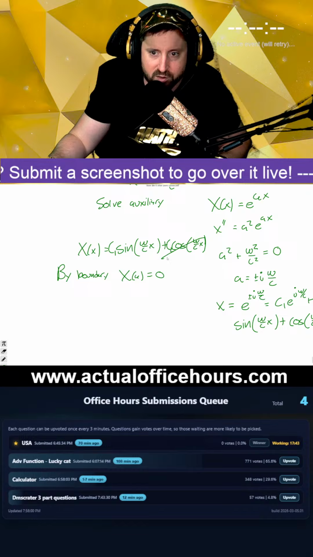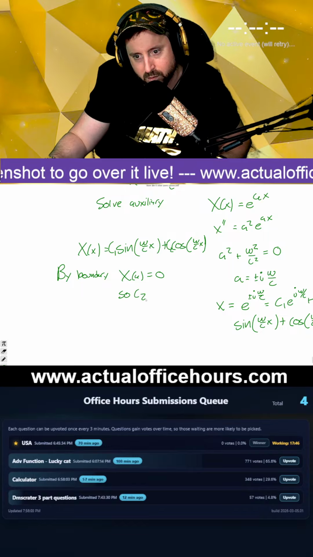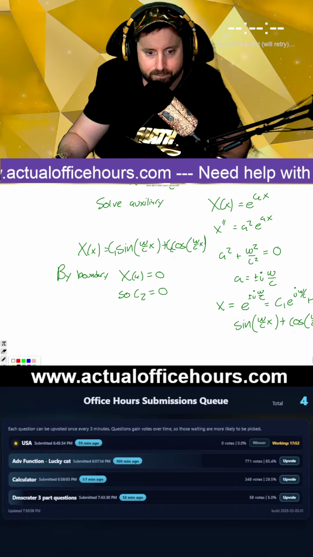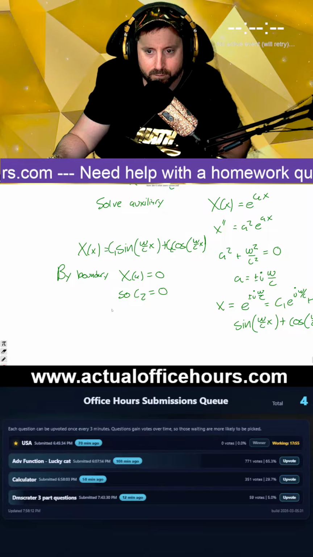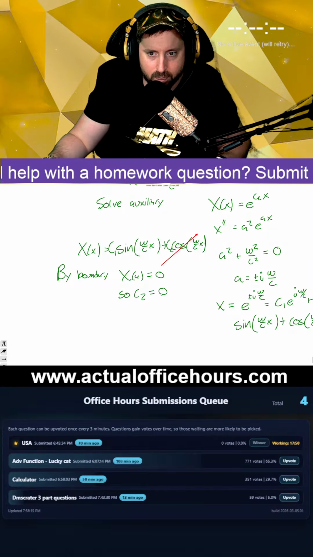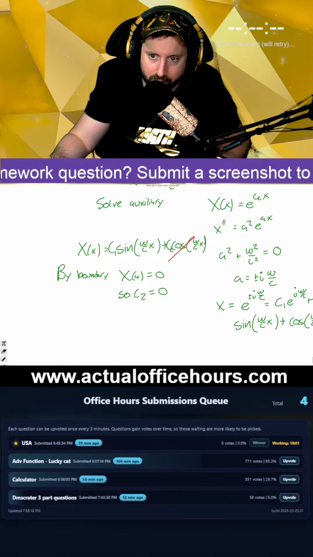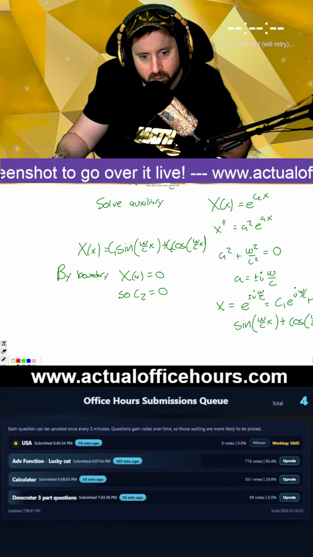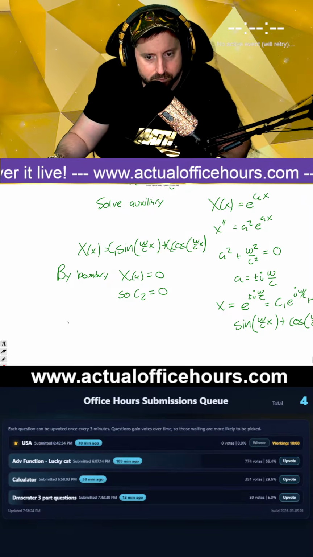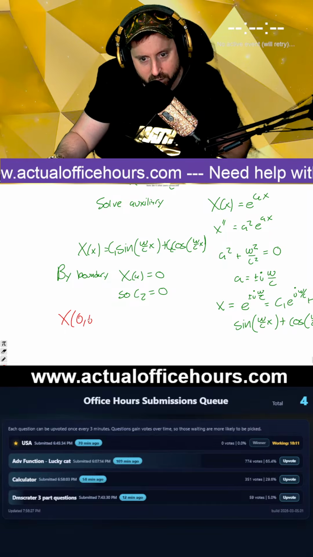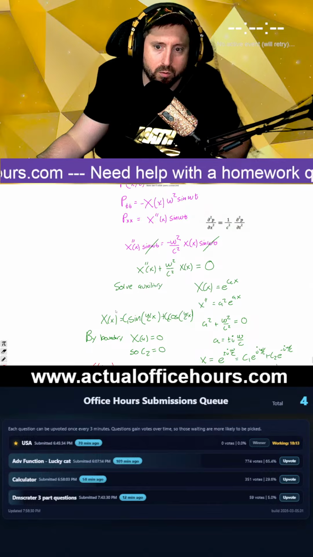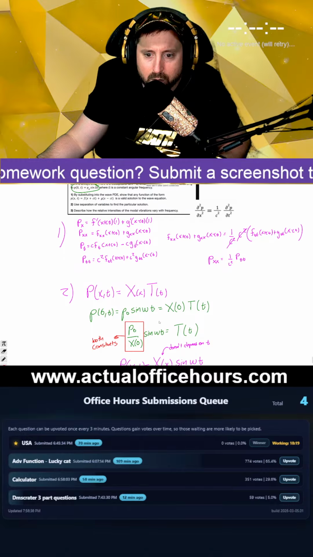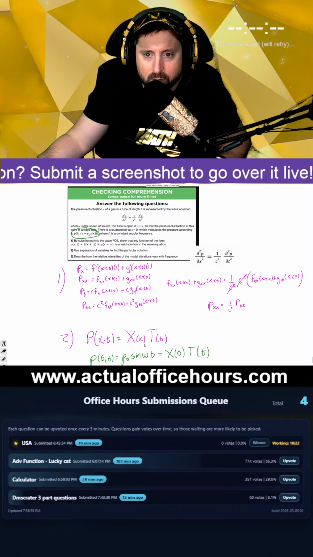Okay, so if X of a is equal to 0, this would already go to 0, so that means C2 has to equal 0. I believe so. Because if this is 0, this would become 1. Cosine of 0 is 1, right? And then X of 0 comma t needs to be equal to